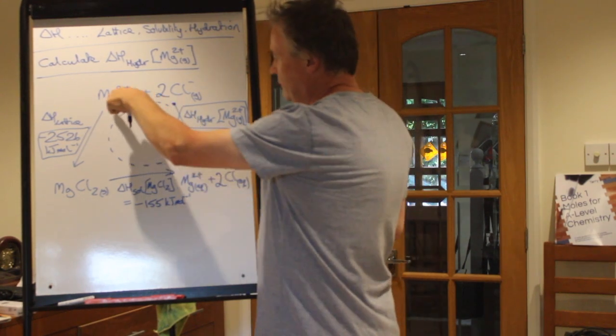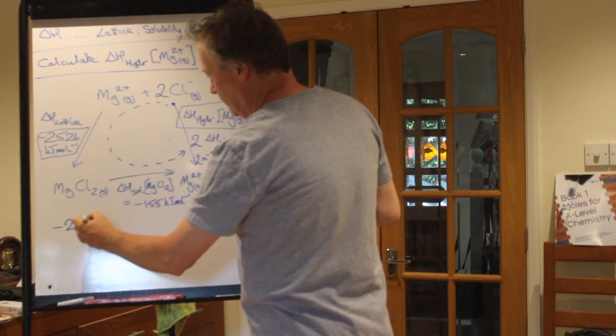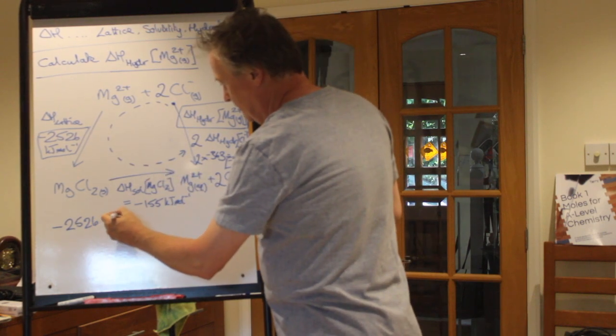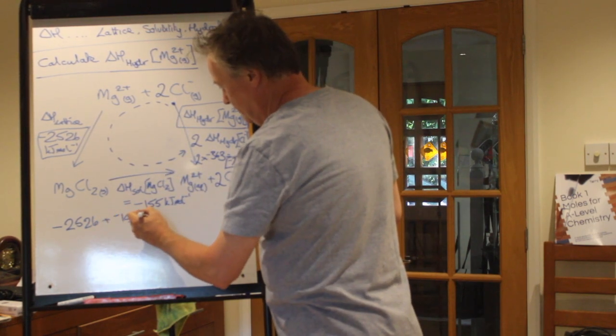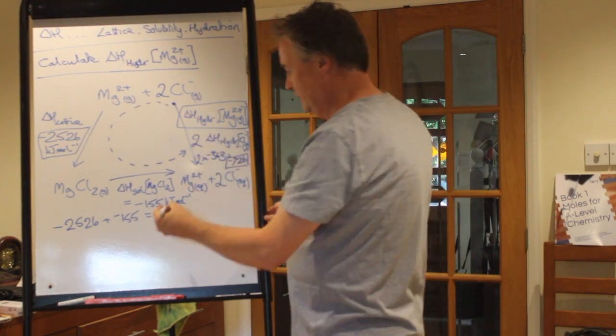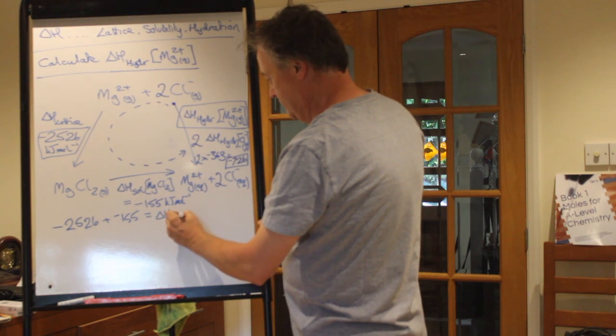So that means that we go down there in the correct way, 2526. And then we go the correct way there, plus -155. But this is the little tricksy bit, I suppose, that it equals